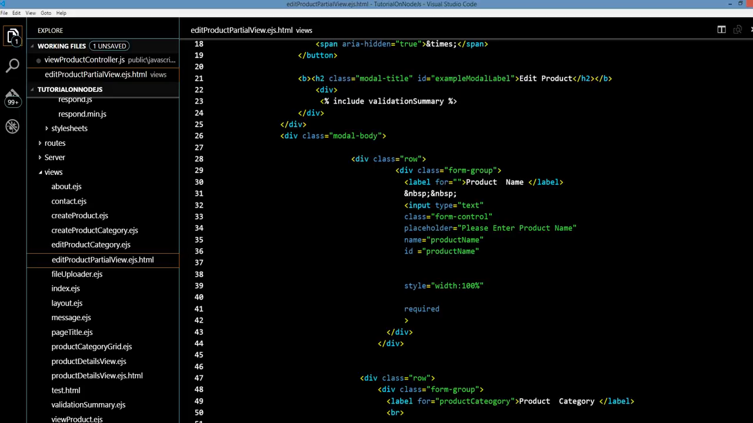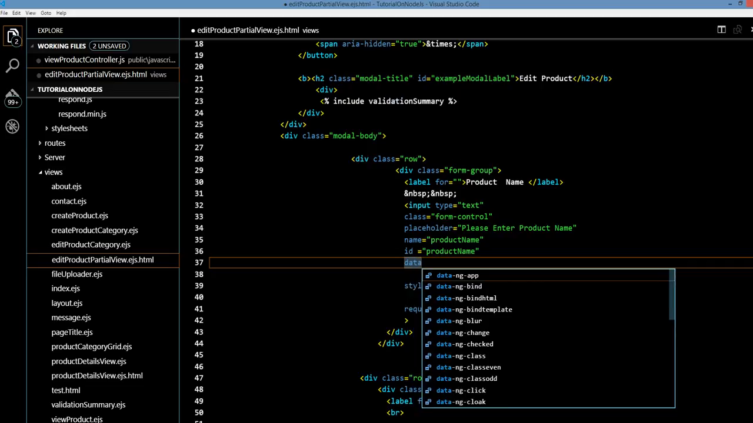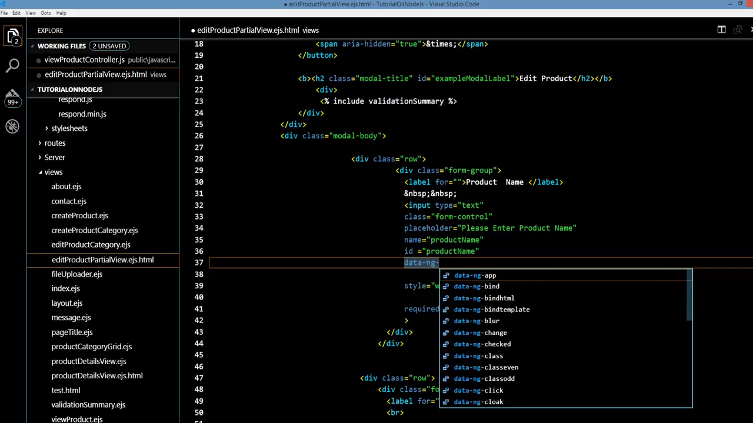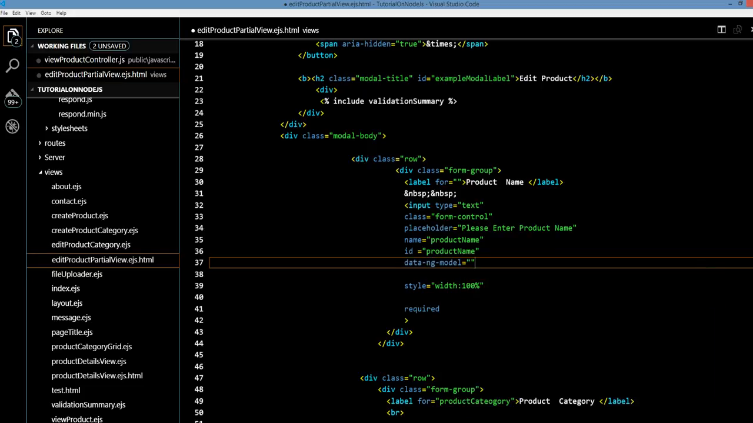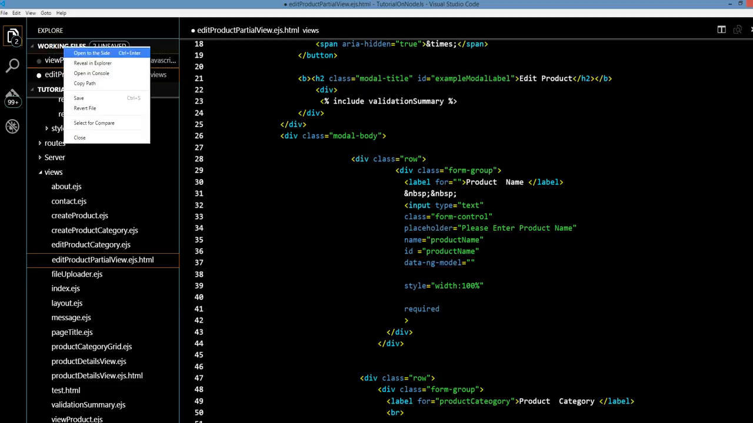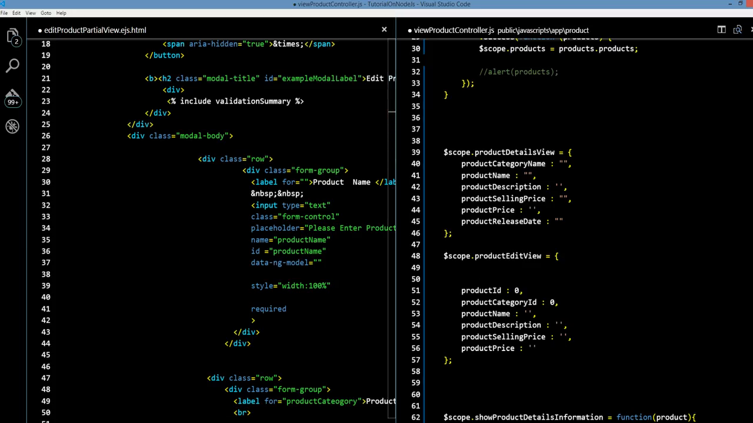So this markup right here, this row, line number 28, contains an input inside of this row. That input basically refers to the name of the product. So in here, we're going to add a data-ng-model, and we're going to give it a name. Let me put these two things side by side here, so that it will be easier for us to see what's going on. So here is the product name, and the product name is a property of this object called product edit view. So we're going to name it as